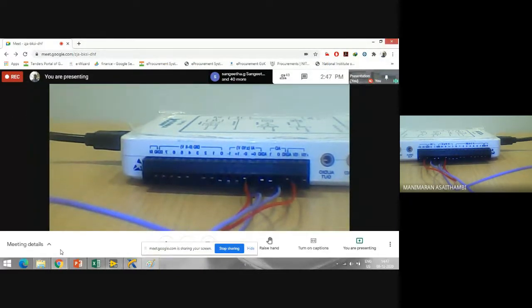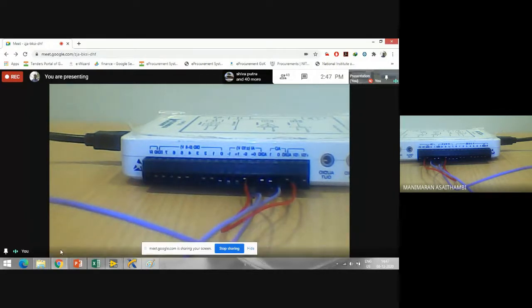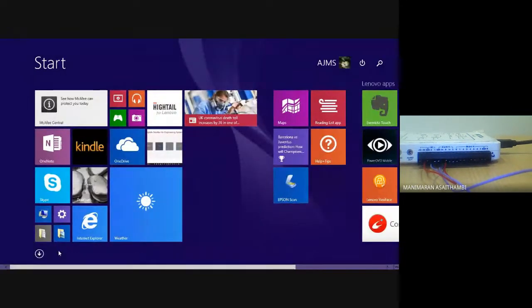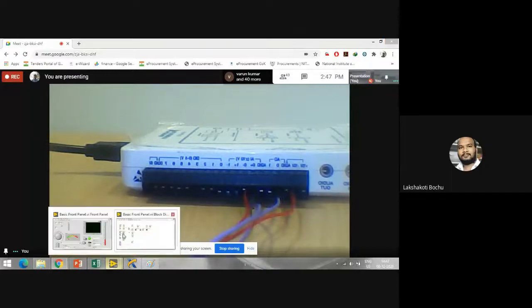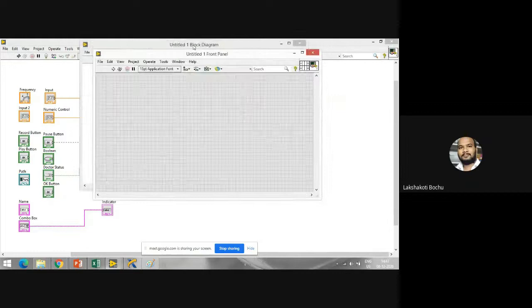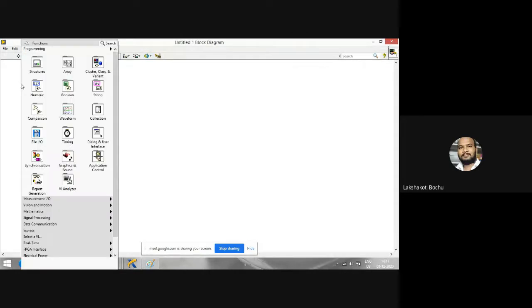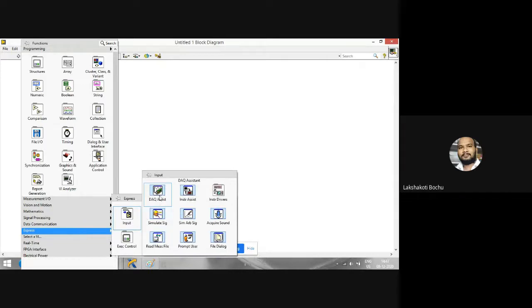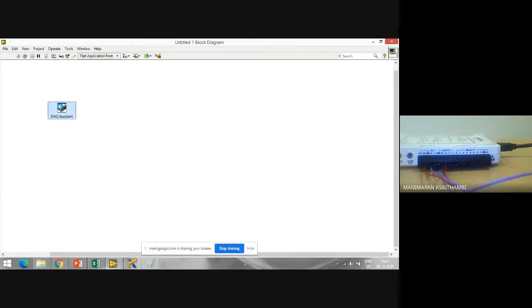Now whatever I have shown you, these are all application software which are pre-built. Already they have been built and you have them there. So now what I do is, I go to LabVIEW. In LabVIEW, I'll do a program. I right click, I'll go to Express, Input, DAQ Assistant, so I can define what signal I'm trying to generate.